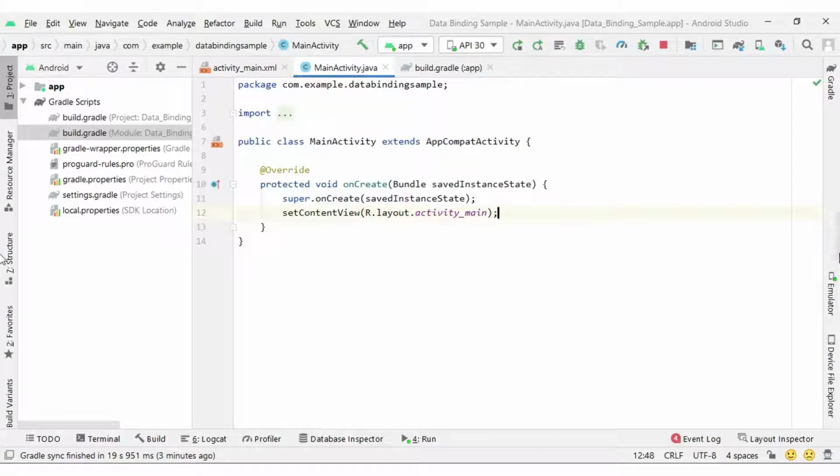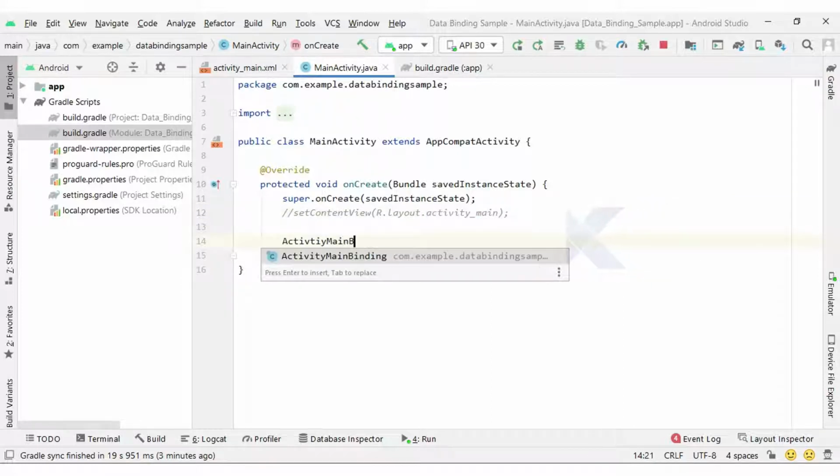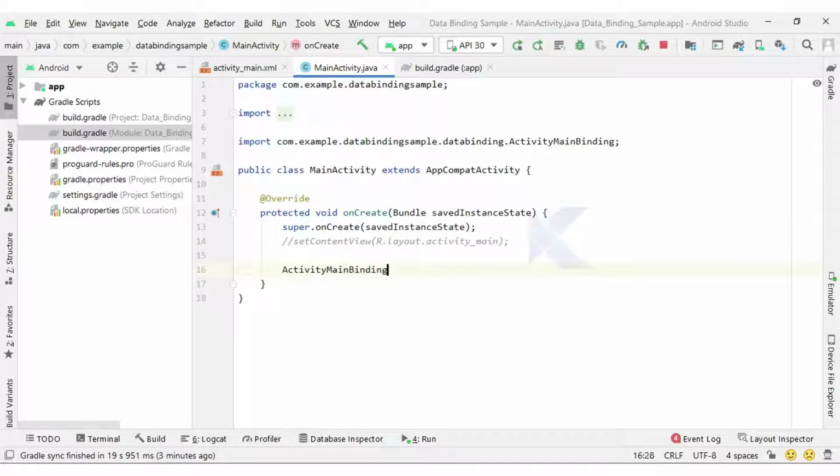Let's comment out setContentView first of all, and next you will get an automatically generated class with your layout name. What is our layout file name? It is activity_main. Respective to activity_main, I will have the ActivityMainBinding class.